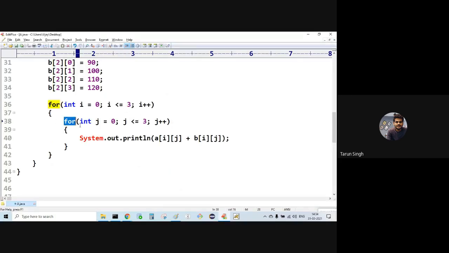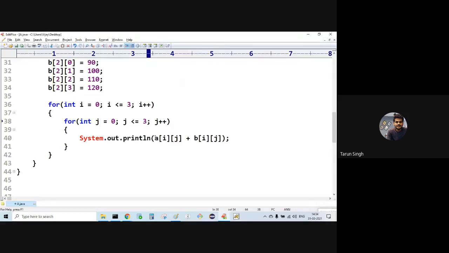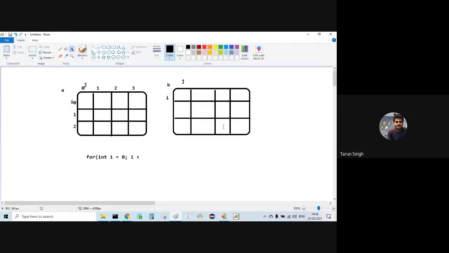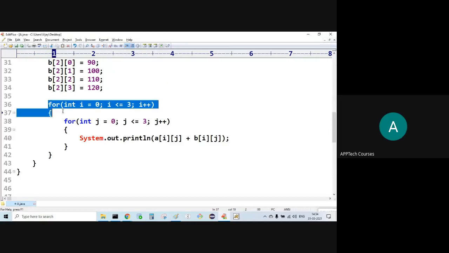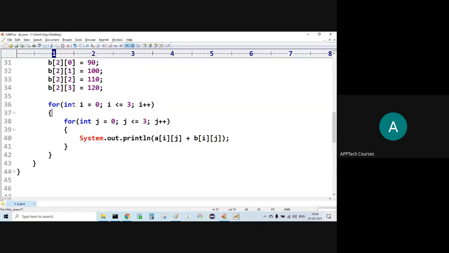So inner, what happens here? 1, 2, 3. It should come. Right. But outer 2 should be 3, 4. Here outer 4. Size is taking the row values, sir.